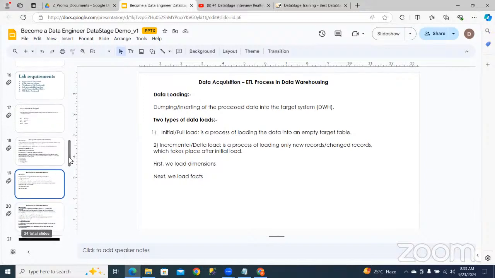The loads are classified into 2 types: initial load and incremental load. The first time you build a data warehousing application, that is called an initial load. And the next time, we call it an incremental load. Over a period of time, your data will change. For example, let's take a personal life example.